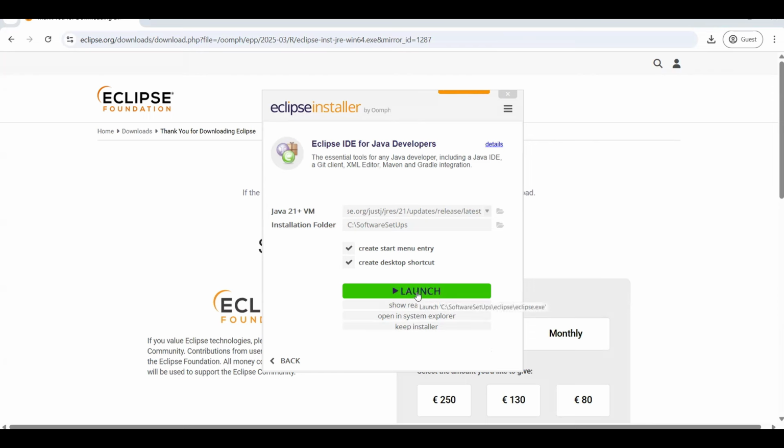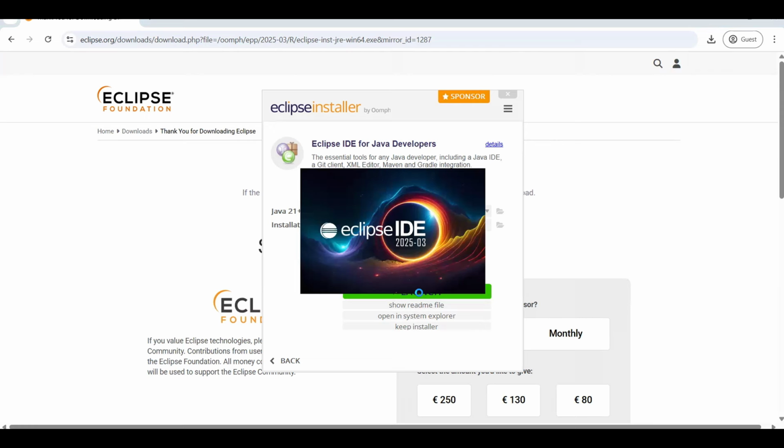So that is why I said we are not going to change Java's location. Let the JDK files be available where they should be available by default, so that it is easier for Eclipse to find those libraries and assimilate them when it starts. So launch, my Eclipse IDE is starting.